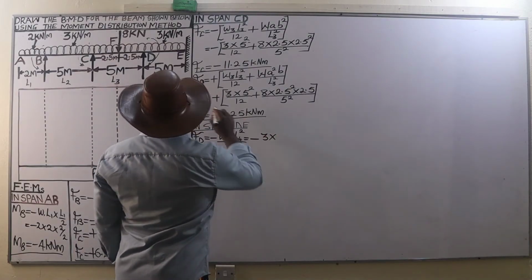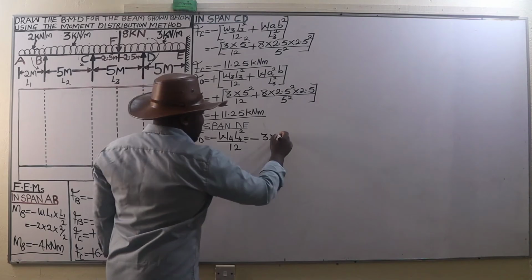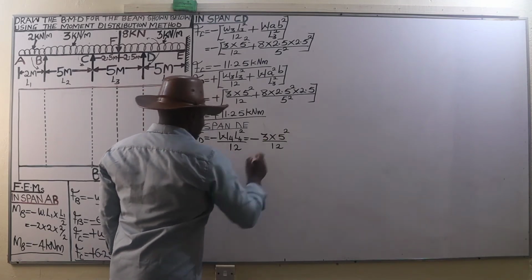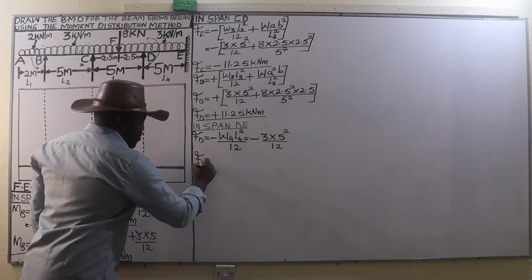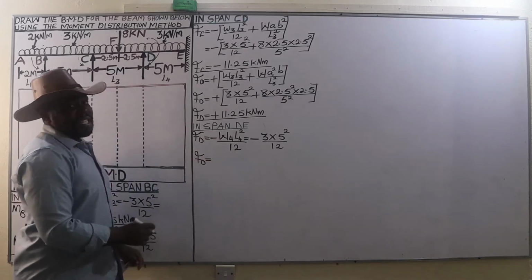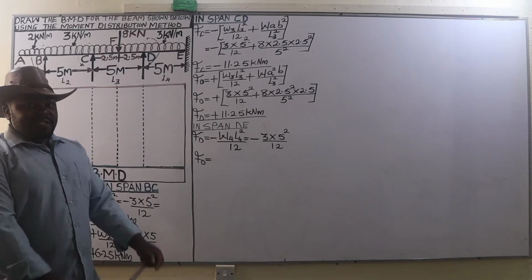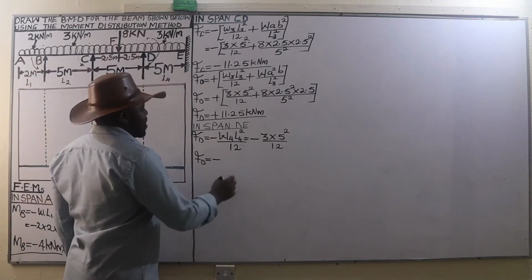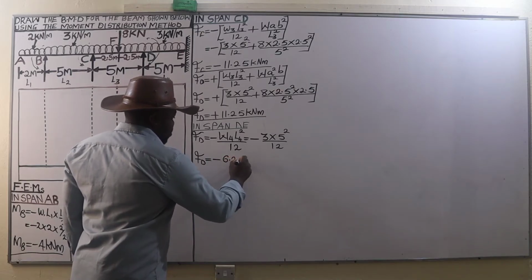The span is 5 meters, that is the span D to E. Therefore, 5 squared, then we divide that by 12. And when we do so, we are going to get a fixed end moment at D of negative 6.25